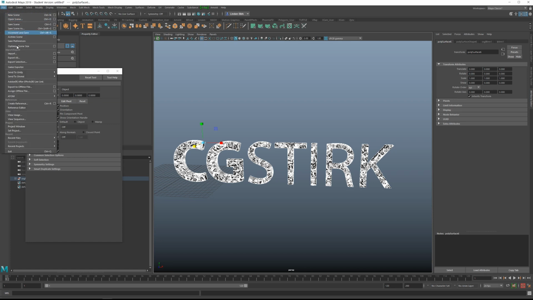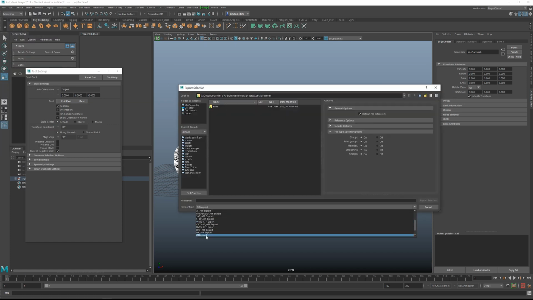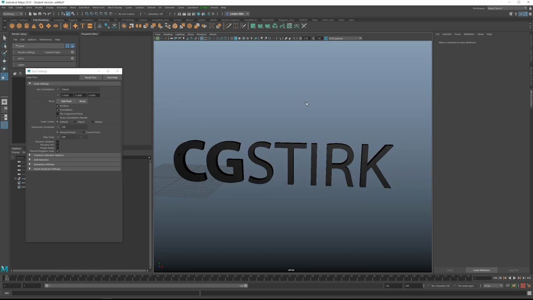After that is done, click on File, Export Selection, and then you need to make sure it's an OBJ export. The only files that Element 3D can import are going to be the C4D files, E3D files like Element 3D objects, and then OBJ. There's no FBX support. And then just click Export Selection. And next we can go over to After Effects.